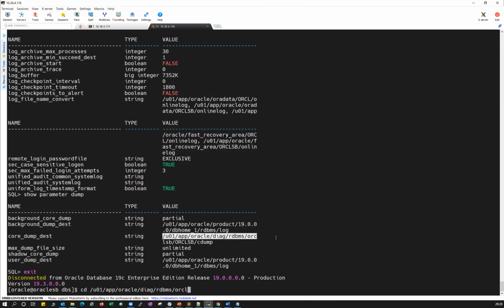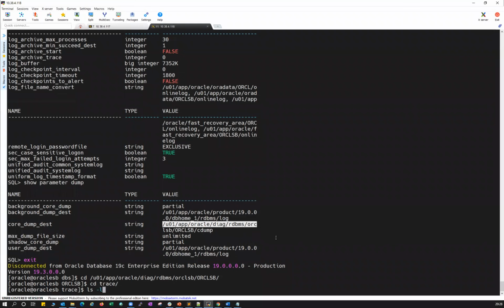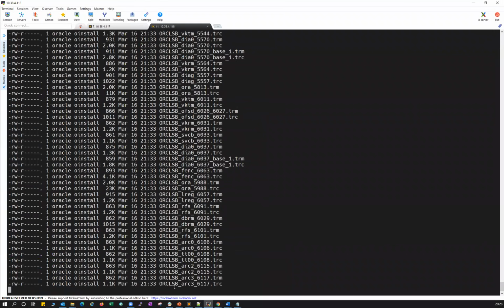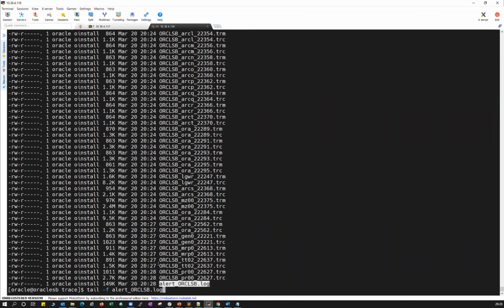ORCL standby, cd trace. This is the alert log, tail -f.